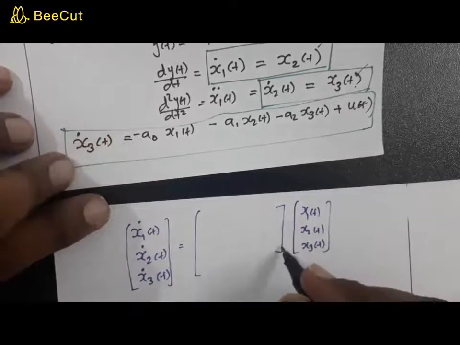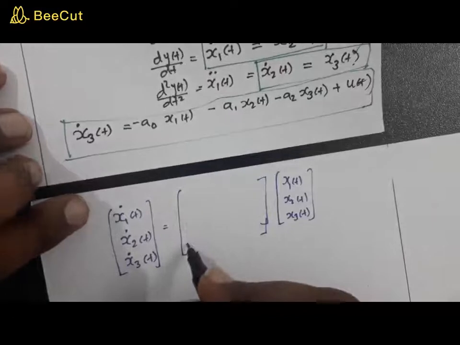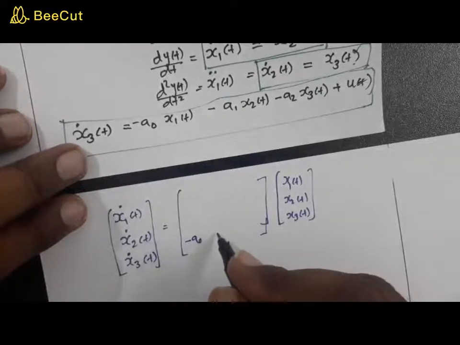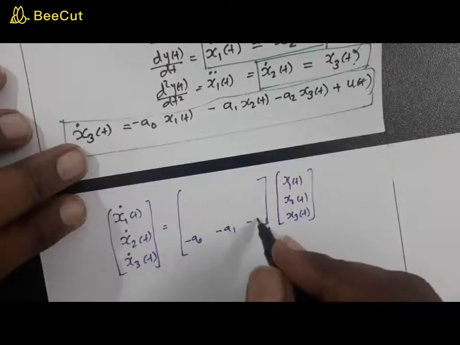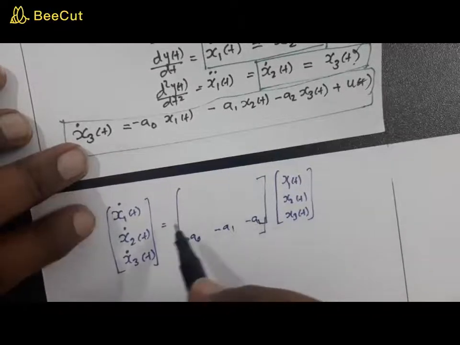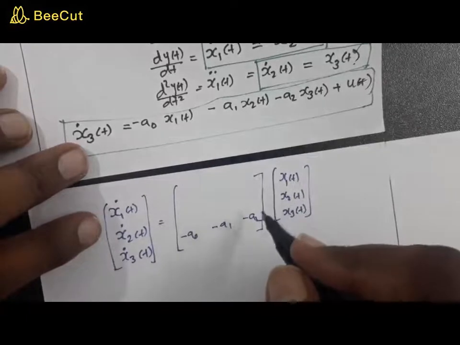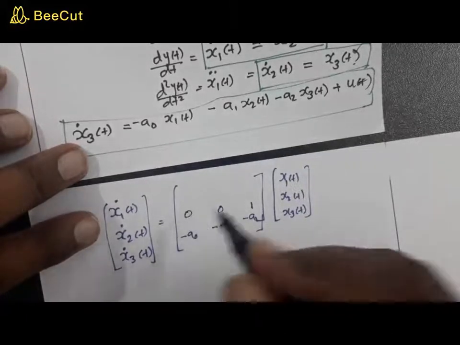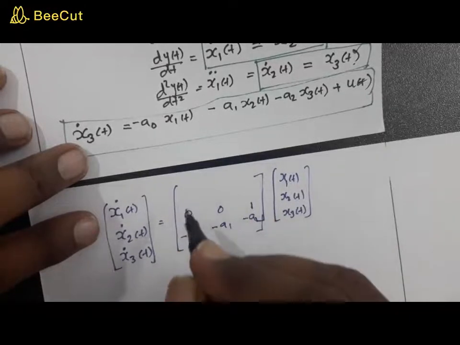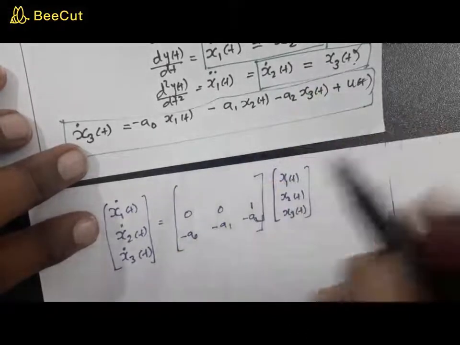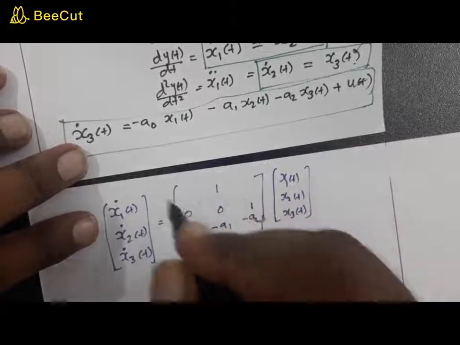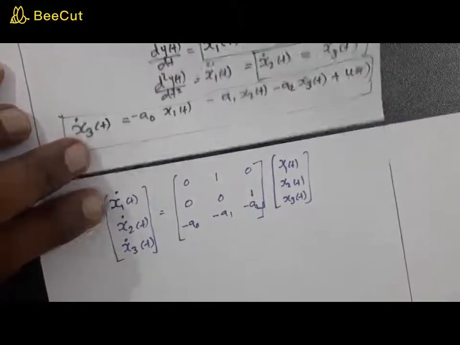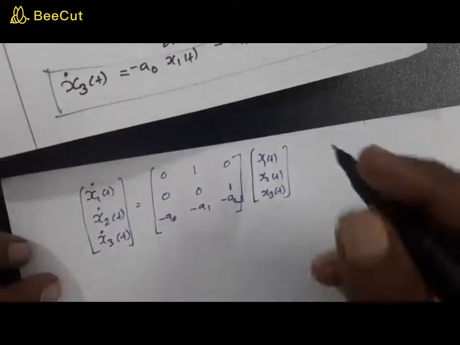So this will be, as per the last row, minus a0, minus a1, and minus a2. What about the next row? For x2 of t, you have x3 of t only, so this is 1, this one is 0, this one is 0. What about the next one? In the next one you will have only this as 1, 0, and 0. Now this is it. So this plus,